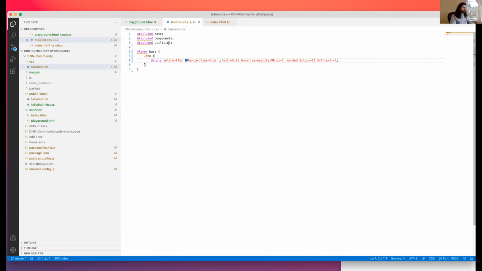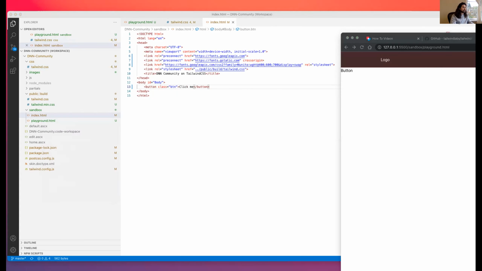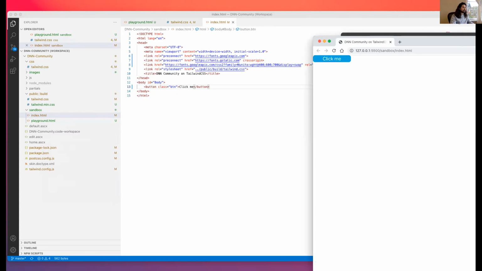So now it builds it. Now I can do class button. And it just adds that to the CSS file.